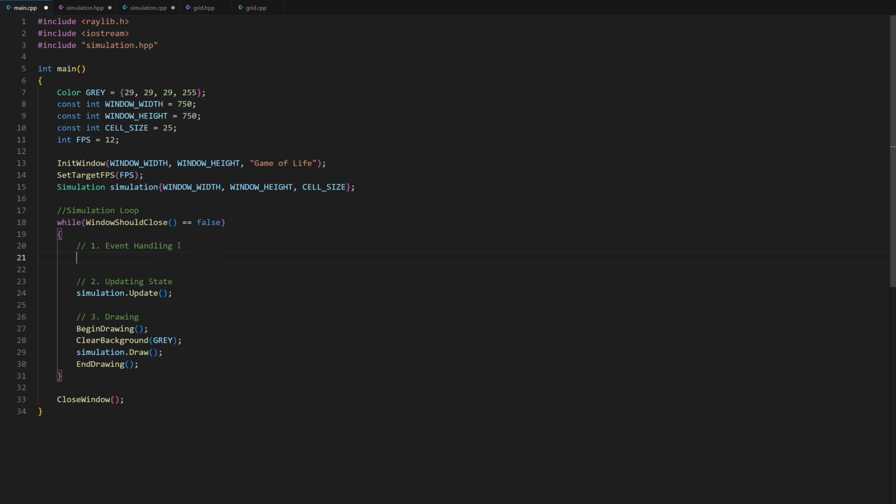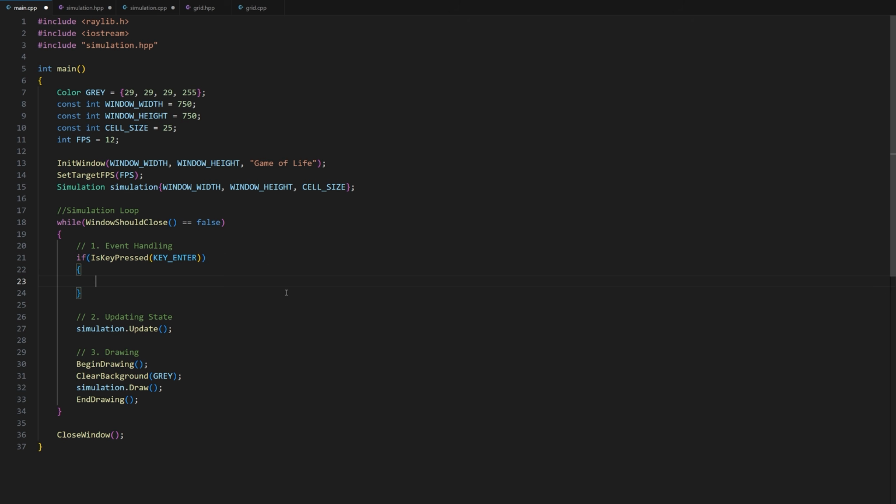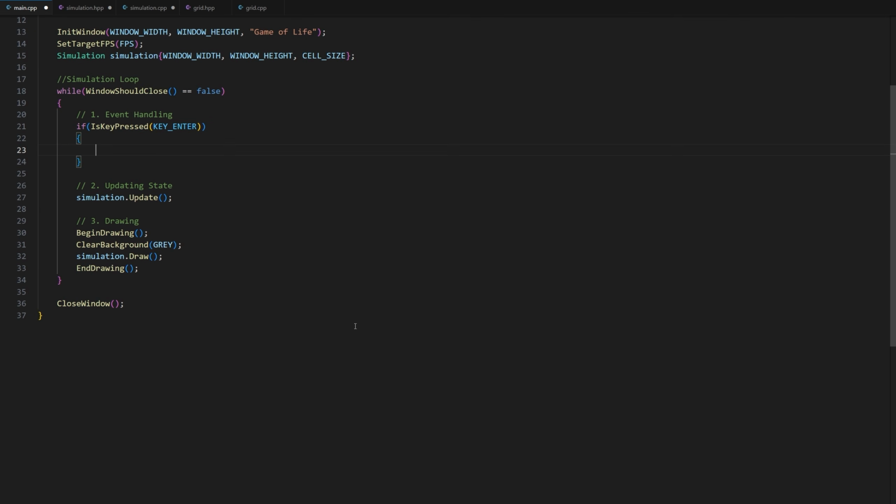First of all, we have to know when the user presses a key on his keyboard. Raylib offers a very useful function that does exactly that. It lets us know if a key is pressed on the keyboard. It is the IsKeyPressed function, which takes a key constant as an argument. Let's see how it works in practice. So, inside the game loop, where we check for events and process them, we add this code. if (IsKeyPressed(KEY_ENTER)) { This line of code checks if the user has pressed the enter key. In that case, we have to start the simulation. simulation.Start()